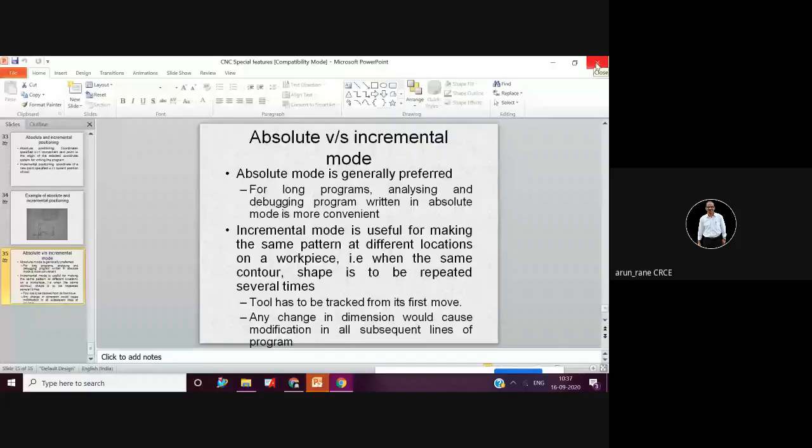Now, these were some special features, CNC special features. Now we have to go for the hardware, CNC hardware. Again, for CNC hardware, the weightage will be around 4 to 5 marks. Once you know hardware, then you can go for the CNC tooling, and then we go for the CNC programming,